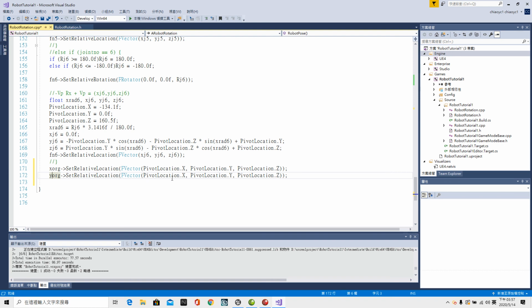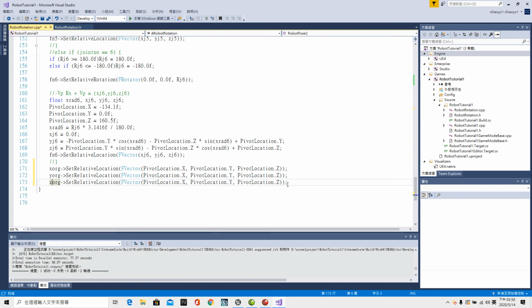The last one, Control V, the ZORG, ->SetRelativeLocation(FVector(PivotLocation.X, PivotLocation.Y, PivotLocation.Z));